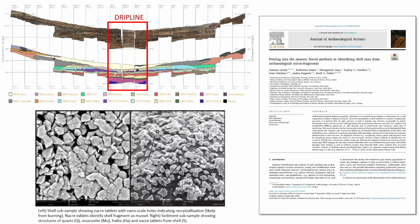Finding evidence of coastal foraging, however, has not been as straightforward. In 2015, we began excavations along the drip line because it had created a natural exposed profile. No shell was found in those excavations, however, but the stratigraphy showed multiple dark bands, which appeared reminiscent of decalcified and compacted deposits. So using mineralogical analysis and scanning electron microscopy, we identified the nacreous remains of Mytilidae shell within sediment samples taken from that area in the drip line, giving us our first hint of coastal foraging during the